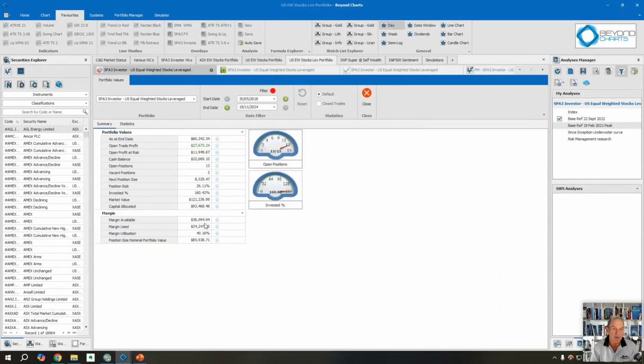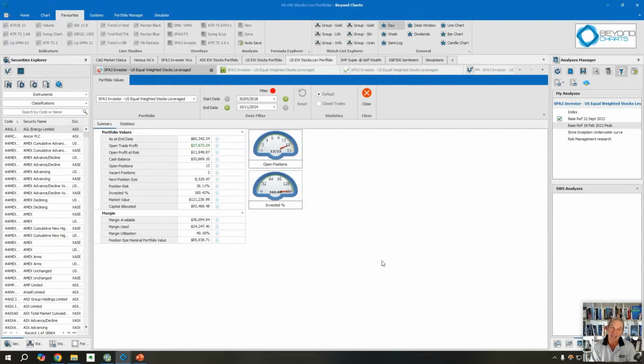Now, one of the things I want to point out here, without going into too much detail, is this little thing over here called position risk. That is a money management risk parameter, or a tool or a calculation. What that does is allow you to increase your position sizes into a rising market when you have momentum on your side, but not so much that, because you've got to manage it within this thing called invested percent, which is running at, and you want to keep that at 160%, because you're running this portfolio at 1.6 to 1 leverage. So between those parameters and also margin utilization, you want to stay within certain boundaries.